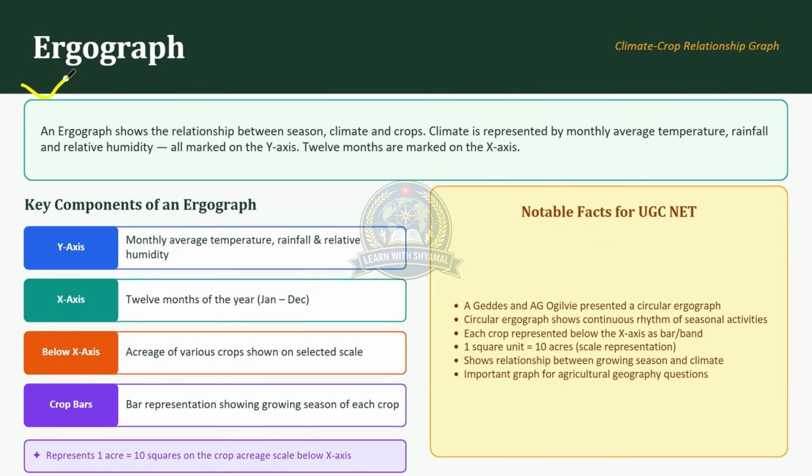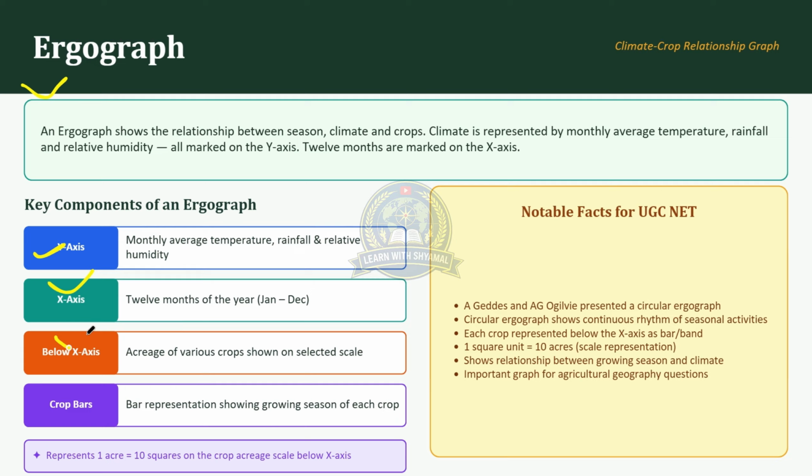Okay, ergograph. An ergograph shows the relationship between season, climate, and crops. Climate is represented by monthly average temperature, rainfall, and relative humidity, all marked on the y-axis. 12 months are marked on the x-axis. Key components of an ergograph: y-axis has monthly average temperature, rainfall, and relative humidity; x-axis has the 12 months of the year, January